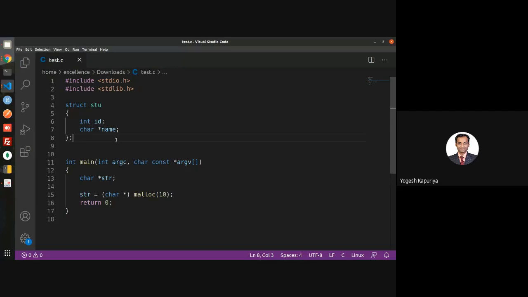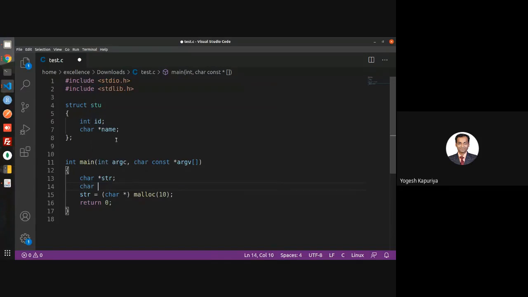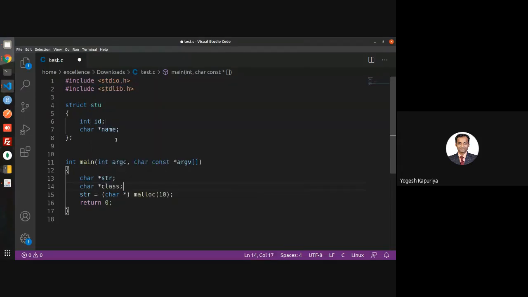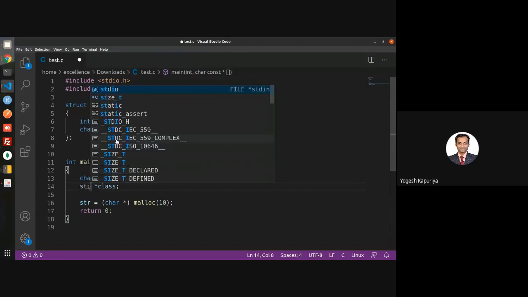So what I have done, I have created one structure and I want to use it. Now, let us say instead of a single student, I want to maintain the list of students, the list of the entire class.